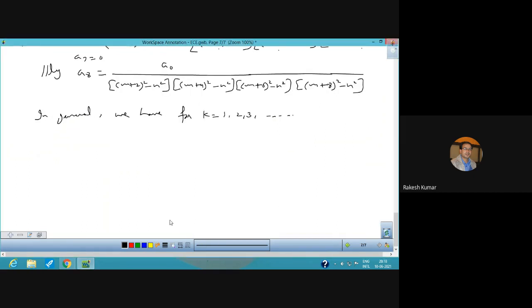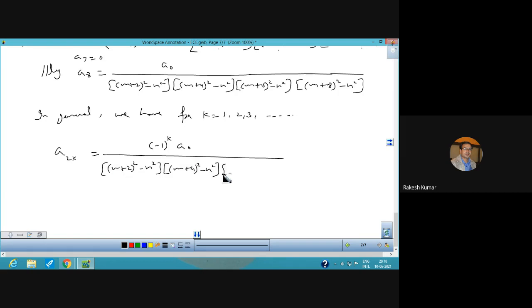इसी को जनरल करके लिख सकते हैं आप a2k के लिए. अब even आ रहा है तो you can use a2k here, and because one sign is positive, second sign is negative, alternative sign होने के कारण -1 raised to power k a naught, क्योंकि सभी में आ रहा है, इसलिए a naught. (m+2) whole square minus n square and (m+4) whole square minus n square, and next will be (m+6) whole square minus n square, and इसी पैटर्न पर